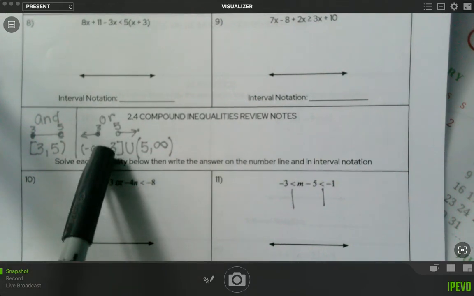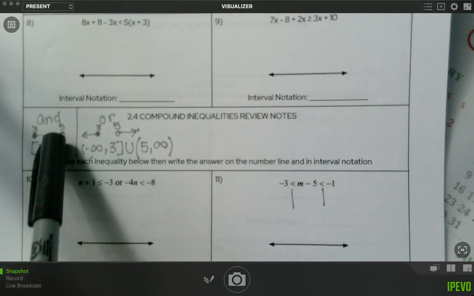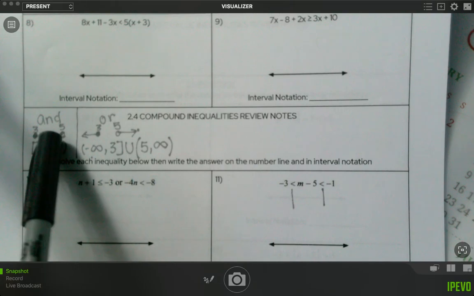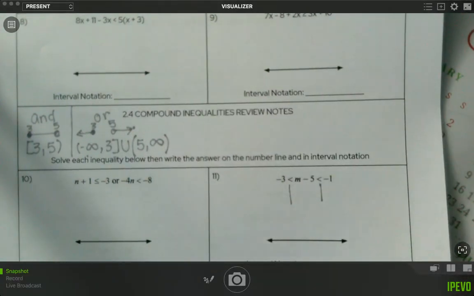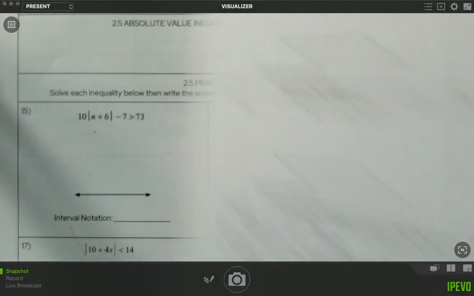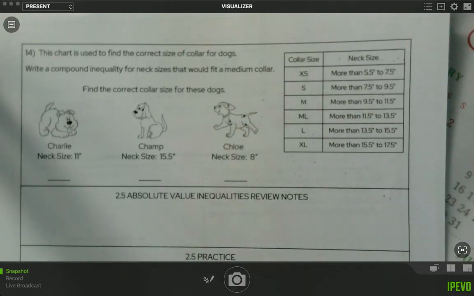These hate each other. These like each other, so it's together like a sandwich. That word and is in the middle of sandwich, if that helps you remember that. Okay, and that's about it that you need that's new for compound inequalities. Okay, there is a word problem. When it says write a compound inequality,